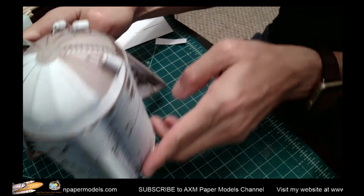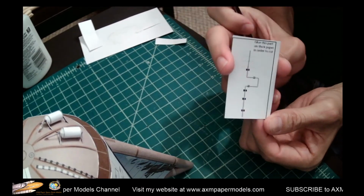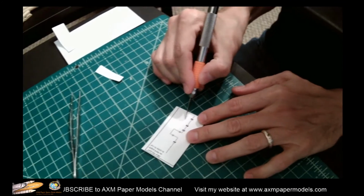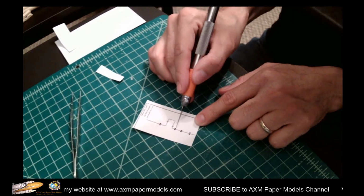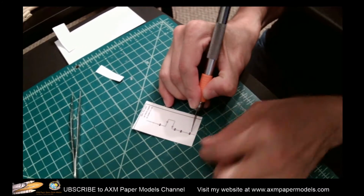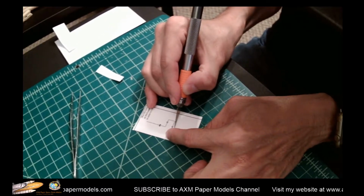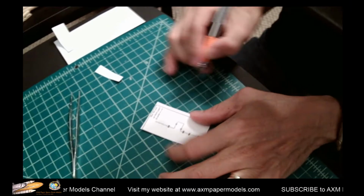While it dries, we will do this. We're going to cut it very carefully, and then it will be glued on top. Alright? Alright, so we're going to proceed to cut this piece. What I do is, right now, I'm going to start cutting these 4 rectangles, just the parts that extend to the side. I'm just going to make a cut right there. And remember, if you mess up with this piece, there's still a spare part that I included in the file right next to it. Okay, make those cuts,